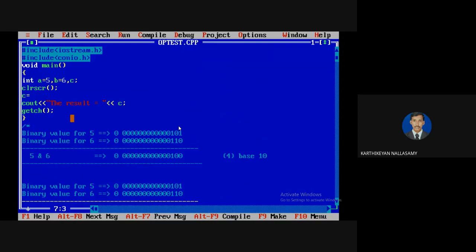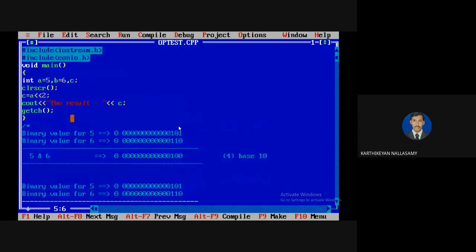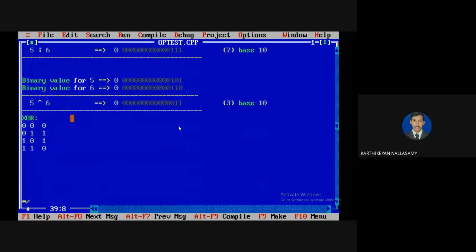So I'm going to apply the shifting operator. For example, I'm going to apply A shifted by 2. That is a shifting. Left shift and right shift are possible. If you are doing it like this, it will always add 2 zeros at the left side and remove 2 bits from the right side. For example, here I'm going to apply it for A is 5. We know that normally the calculation of multiplication and division is based on the shifting operators.